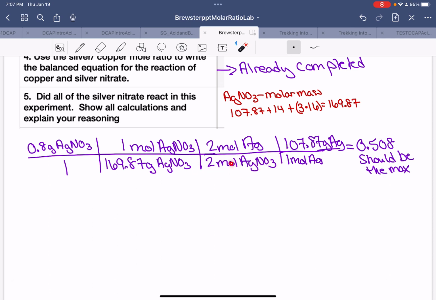And so here I got my 2 moles of silver nitrate, and now I'm going to put 2 moles of silver. This is my step that allows me to go from one to the other. Then moles don't mean much to us, so moles on top, I'm going to put moles on bottom, and I'm putting the grams of silver on top. And I get 0.508, and that should be the max. That's also what we call our theoretical yield,